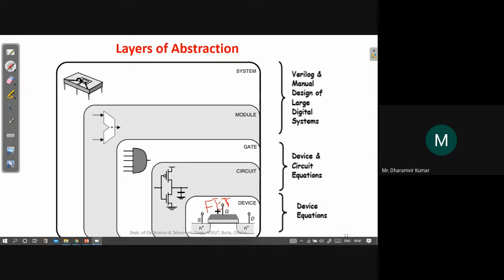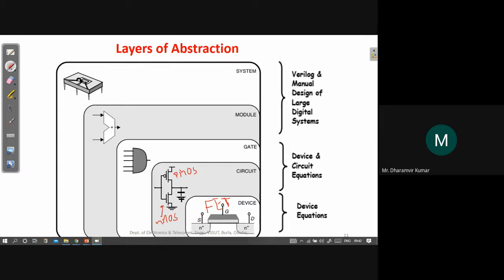At the very bottom we have our device, and by using several devices we can construct a circuit. For example, this is an inverter circuit, and this circuit uses a PMOS, and in the bottom part, we have an NMOS.